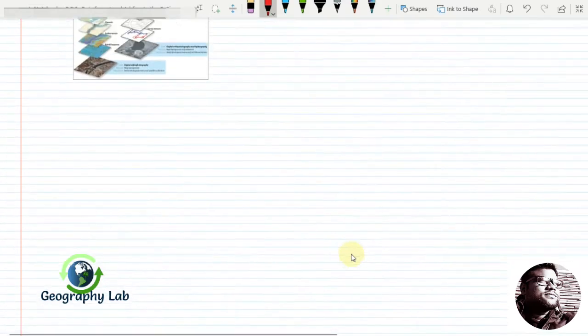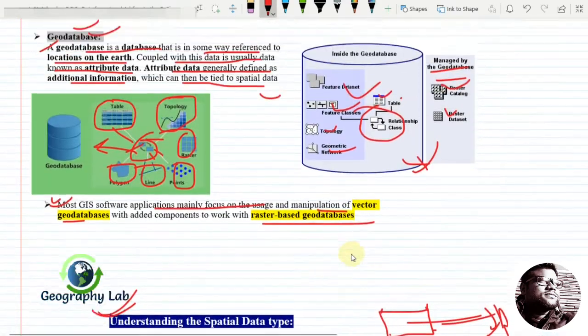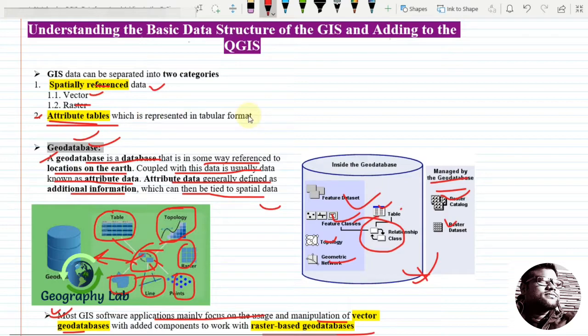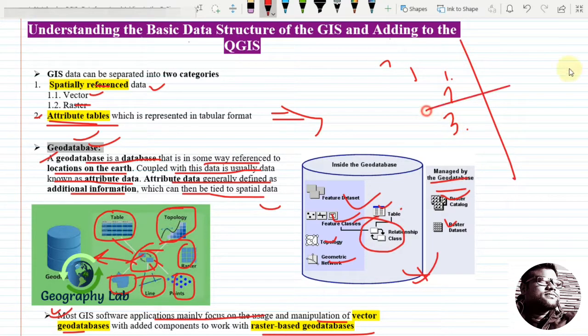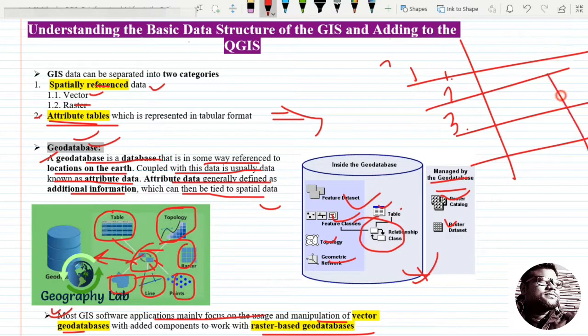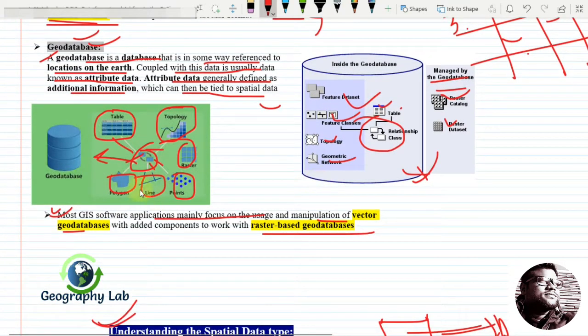Another aspect of the data is the non-spatial data. That means we have an attribute table. Attribute table means that suppose we have some features, and features have some IDs, like 1, 2, 3, and all the IDs have some kind of information associated with the particular location, and this data is stored in a particular table, known as the attribute table or the non-spatial table.